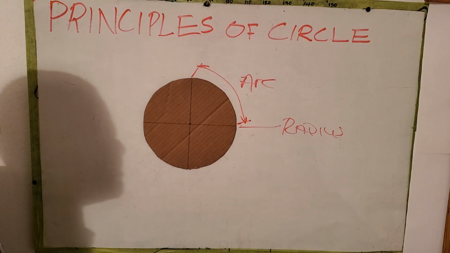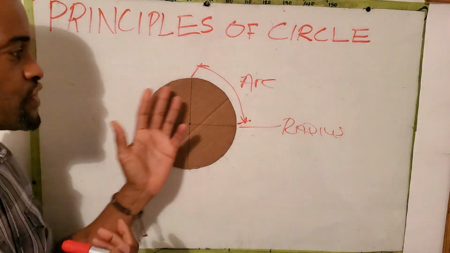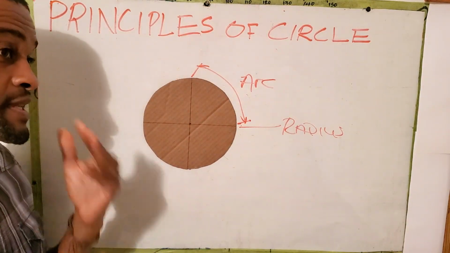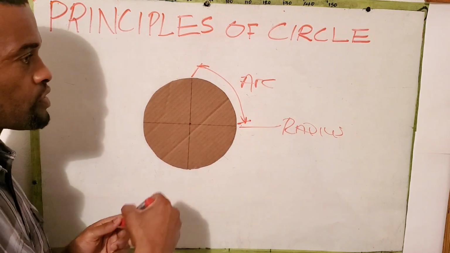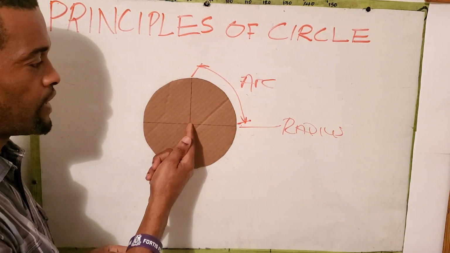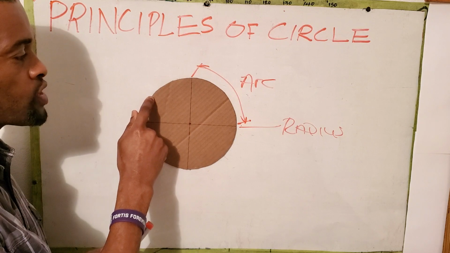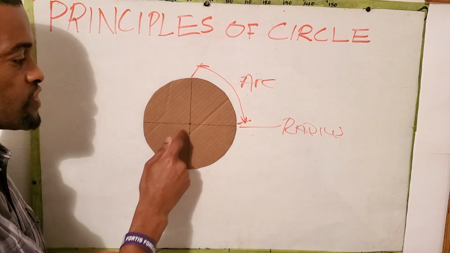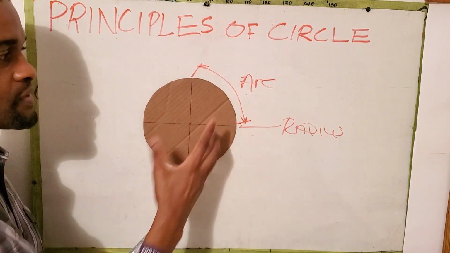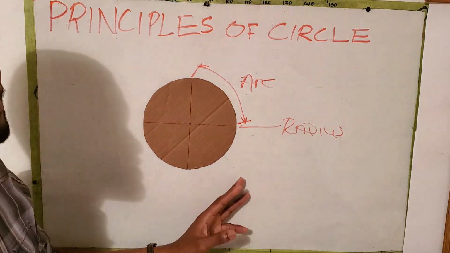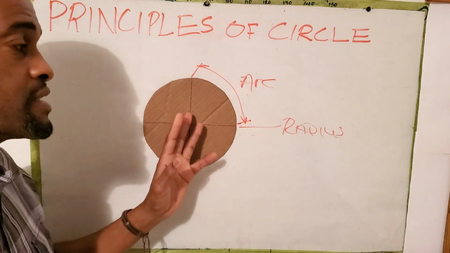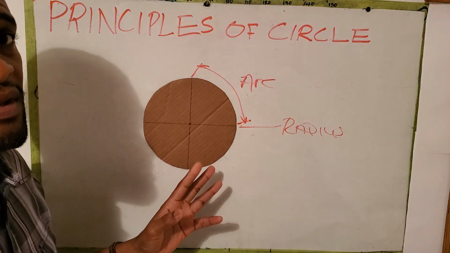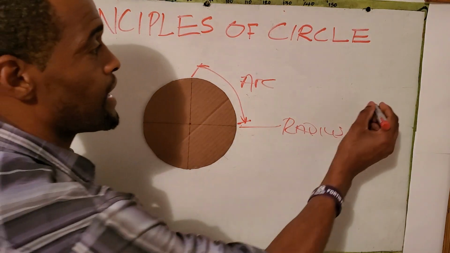Something very, very important which I want us to pay special attention to, which is obvious, but it needs to be reinforced, is that from the center of a circle, every point from the center out to the circumference measures the same distance. So knowing that, we can use that principle to construct different types of figures. Say for example, a triangle